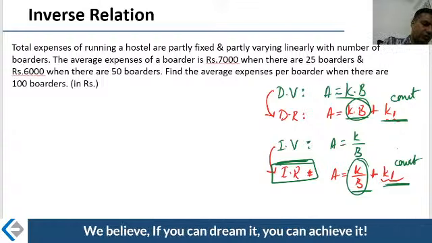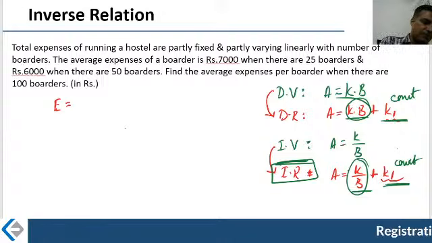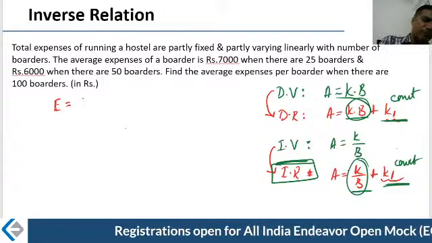What is given to me therefore? You are saying that the hostel expenses, let me write it as E, the expenses per person. They have to pay about 7,000 per person, right? What is the expenses per person? Expenses per person is nothing but K times of